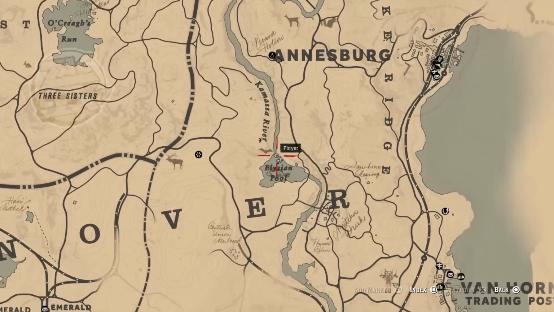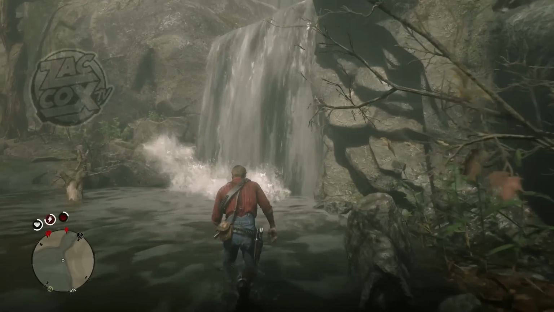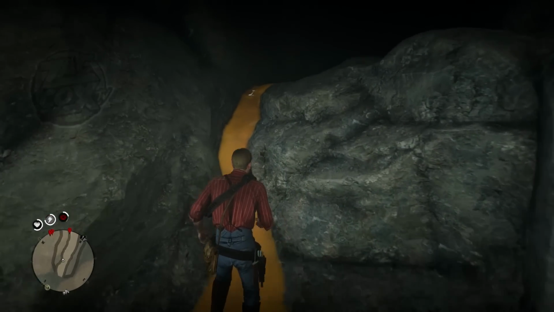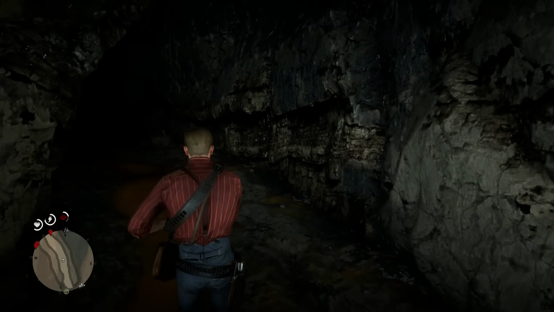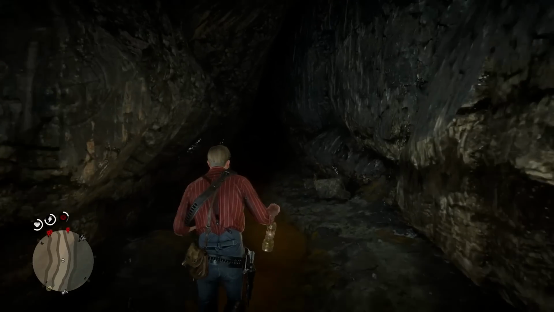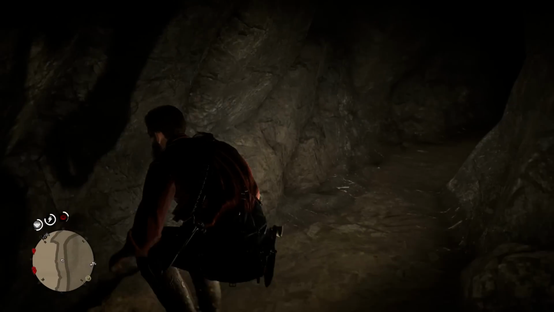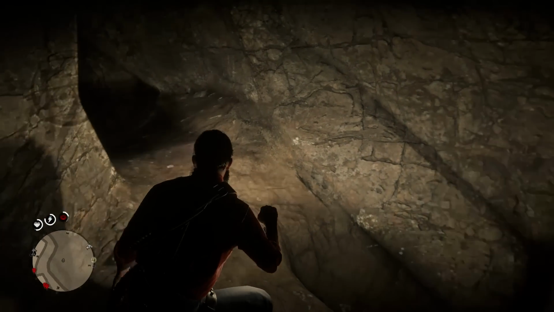Number 11, this is probably the most popular location that a lot of us know about, but it's the Golden Waterfall at Elysian Pool. Behind a waterfall, we can find a vast network of caves that actually go very, very deep. That's what she said. And you need a lantern before going in here, but you can actually make your way all the way down to the bottom of this cave through another little secret tunnel, and, well, you're going to be at a dead end,